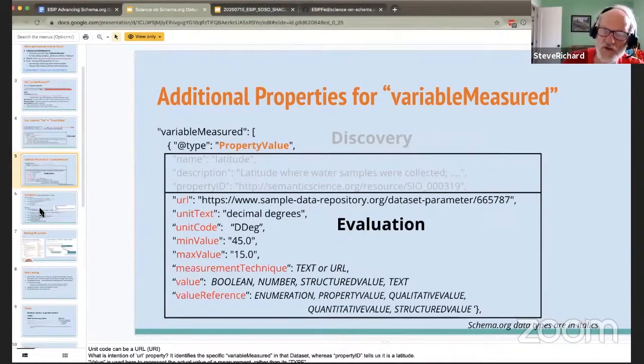It's very oriented towards properties that have numeric values. We'll talk about that a little bit more as we go along, but that's one point that obviously we think needs some extension. There's also a measurement technique property, which again can be free text or a URL. Ideally here, if there was a registry of measurement techniques, let's say something like protocols.io, that you could reference, that would provide detailed information about exactly how the values for this property were assigned in this data set. That would be a good solution.